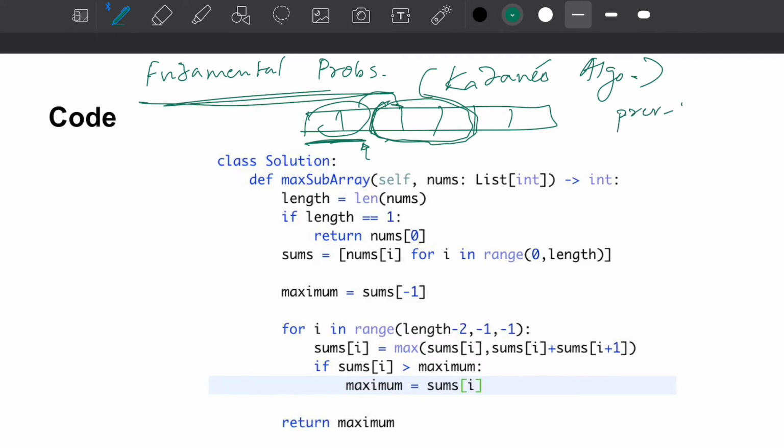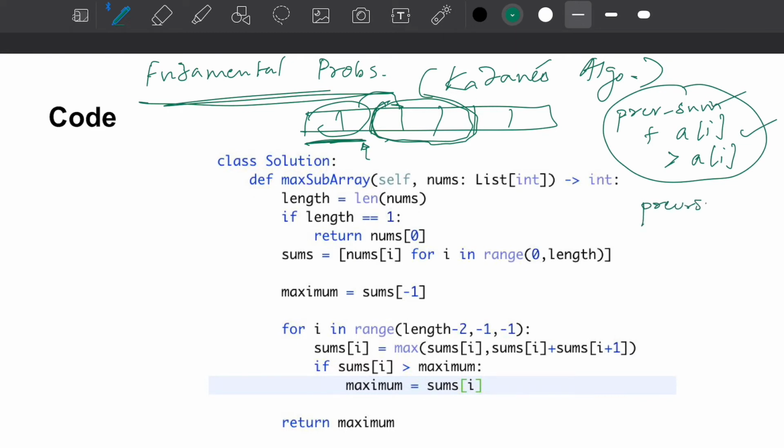When would you want to take contributions from the previous array? If the previous sum plus my current element gives you something greater than my current element,